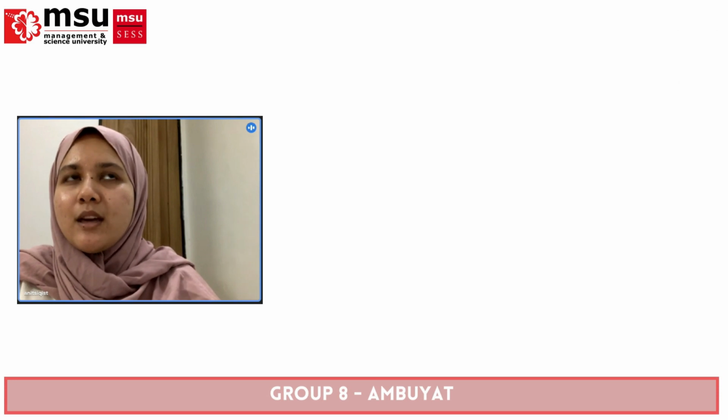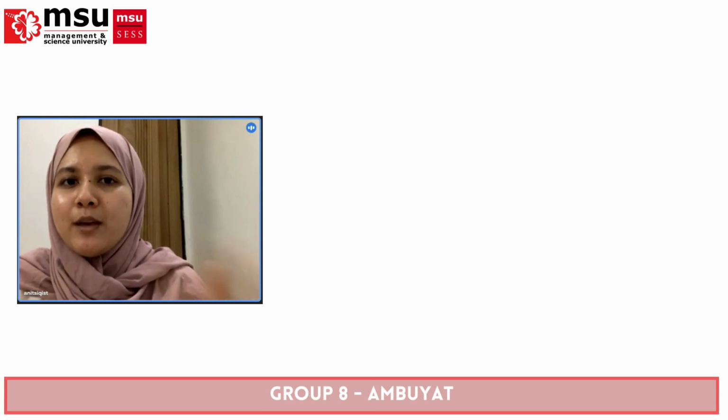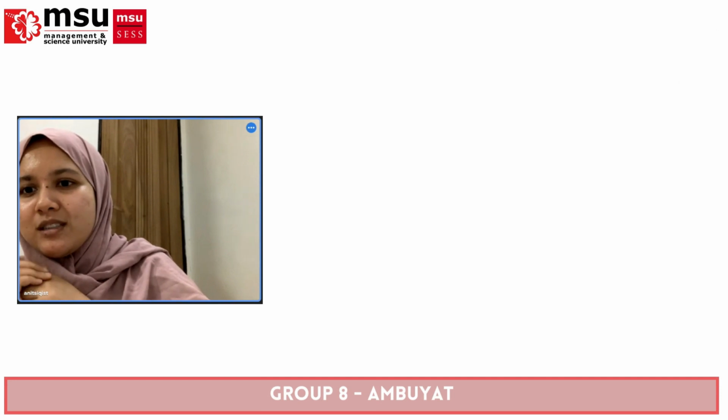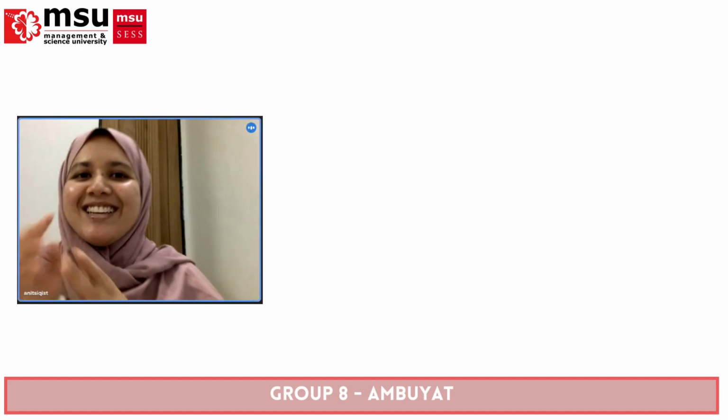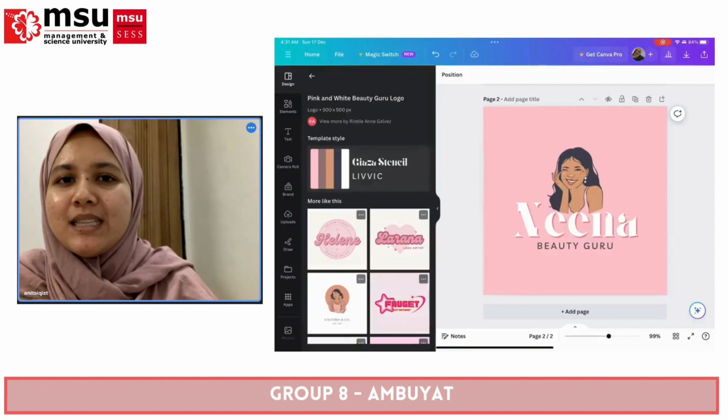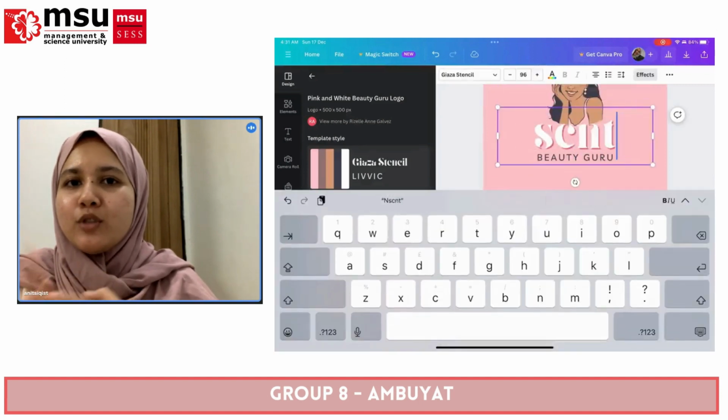For the first small business, the perfume one is Sensation by Nina. That company really inspired me to come up with a lot of things for my logos, and also I did a brochure. How do we pronounce it? Brochure? Brochure. Okay, sorry. Yes, brochure. So the first thing I did for the business is a logo and brochure.